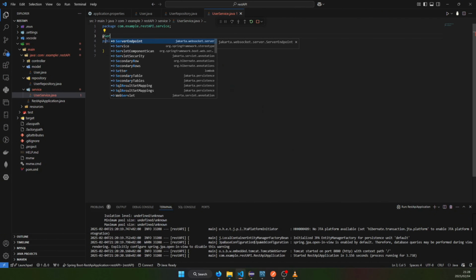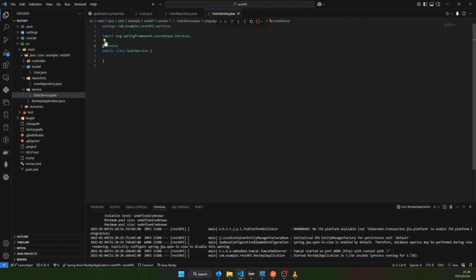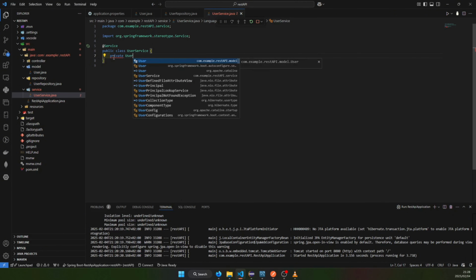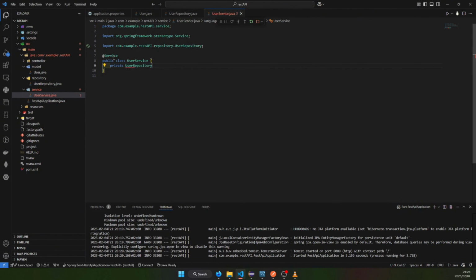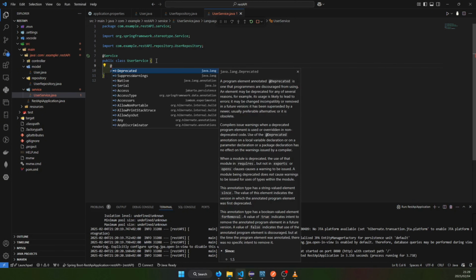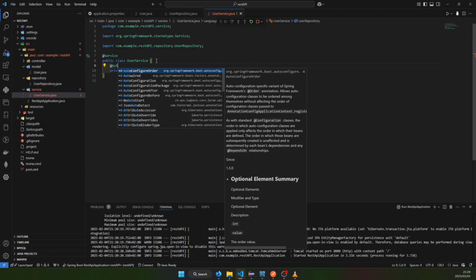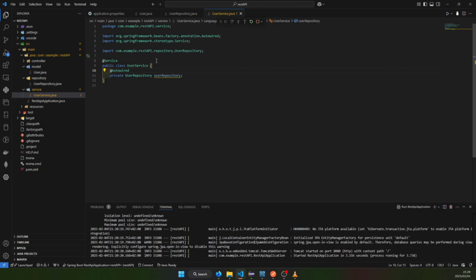As a service, I'm gonna need access to my repository for the user, which I'm gonna have access to like this. So this is gonna be auto-wired to my database, and then